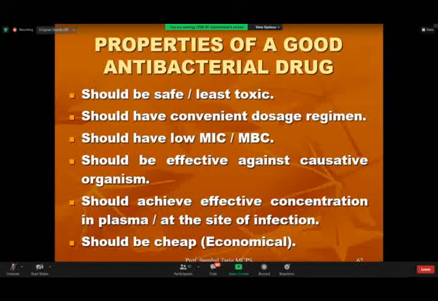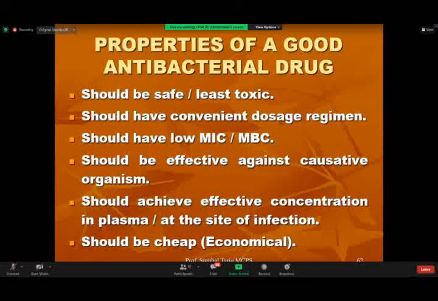If I give you an example, penicillin, again, the first group of antibiotics which came into the market, is very safe if you consider it with the other antibiotics available. But at the same time, in people who have an anaphylactic reaction to it, it can be toxic, it can be lethal, it can kill the patient. So therefore, what is safe for one person may not be that safe for the other. You have to individualize which antibiotic you will give to which patient, after knowing which bacterium you are targeting.